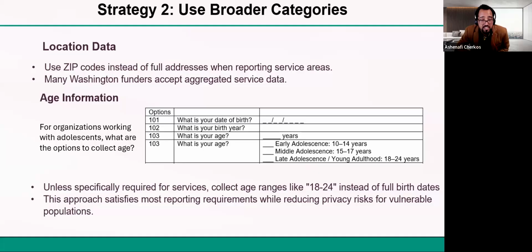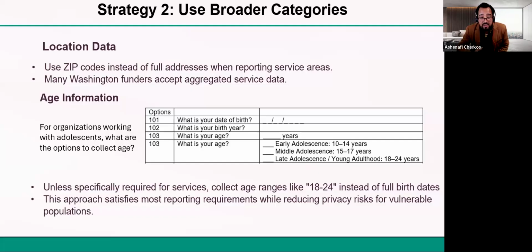The second strategy is, unless it is required by the vendor, we need to use broader categories. For example, instead of asking for a full address of an individual or participant, we can use a zip code instead. Or age, for example, is a required demographic variable. Then there are different ways of collecting age. If it is not required by the vendor, we don't need to collect date of birth, because date of birth